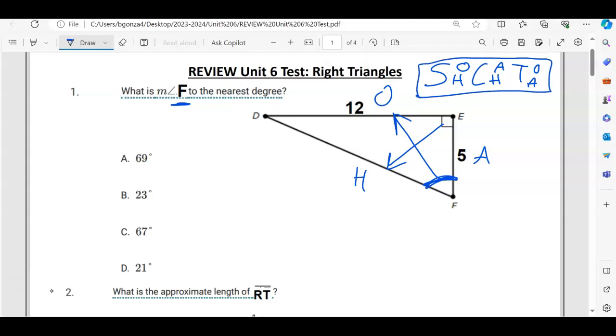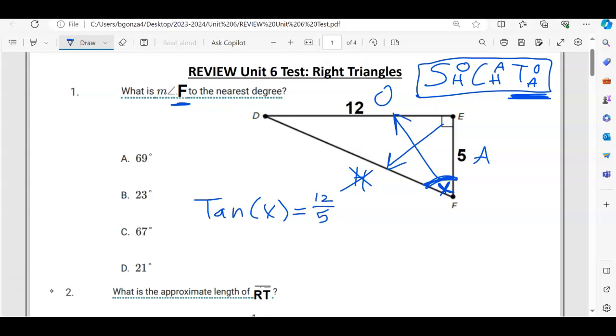SOHCAHTOA is what we use for trigonometry. So out of these three, the H has nothing, right? There's nothing labeled over here. So since I have O and A, it has to be TOA. So I'm going to write tan. Now this angle is missing, so I'm going to put an X here. So tan X equals O over A,